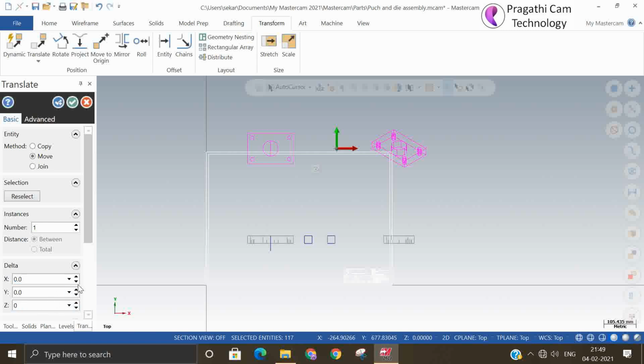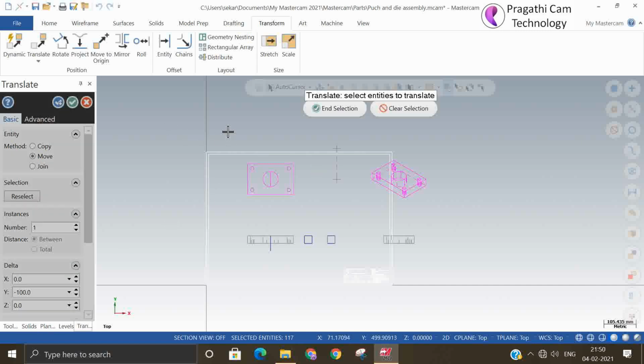I'll just move it in the Y. Still more I need to move.